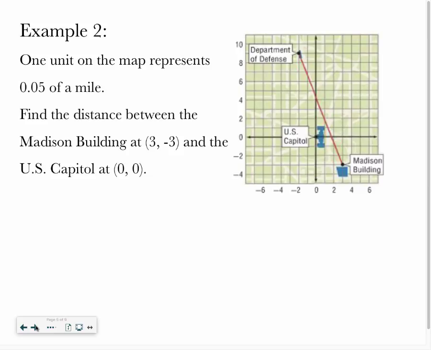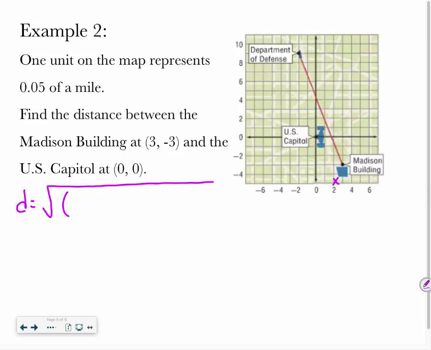Let's look at our second example. We're talking about a map. And if we look at this map, we have the Department of Defense, the U.S. Capitol, and the Madison Building. We're told that 1 unit on the map represents 0.05 of a mile, or 5/100ths of a mile. We want to find the distance between the Madison Building at 3, -3, and the U.S. Capitol at 0, 0. So if I do d equals the square root of,